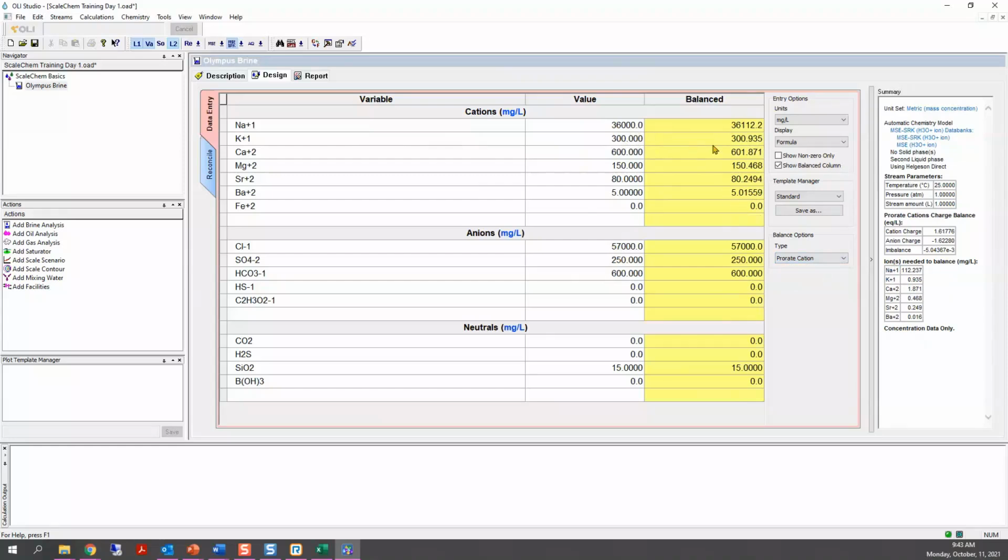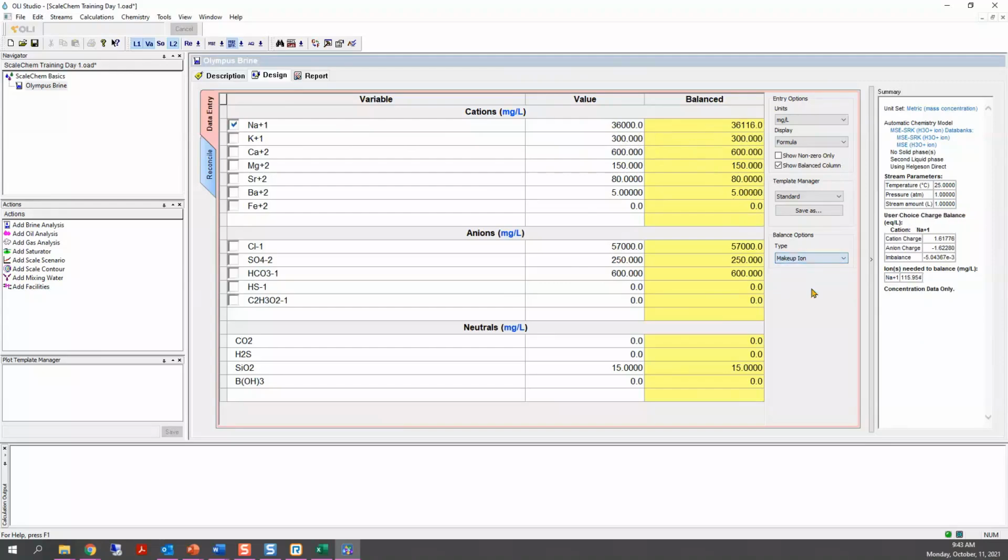So you'll see the changes here to the right. Or you could have done another makeup ion. Maybe you don't want sodium, maybe you want to select potassium. So you can do that. The software in this case immediately, rather than having 300 milligrams per liter of potassium, increases it to 497 to reach electroneutrality.